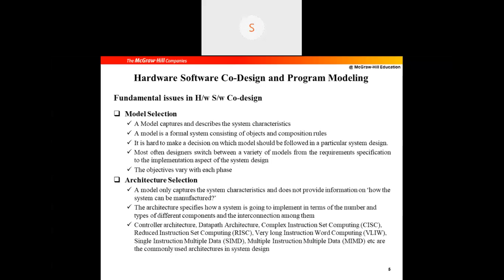So next, the fundamental issues in the hardware software co-design approach. There are various issues involved whenever this process of hardware software co-design takes place. This is a very important topic: the fundamental issues involved in hardware software co-design. I hope you have understood what hardware software co-design is. Next, when we go for hardware software co-design, what are the issues involved? First one,